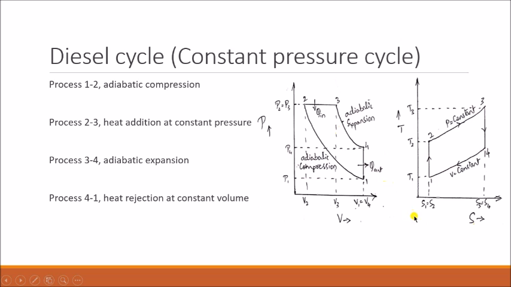Here whatever your air was, it has attained the initial condition. The condition the air had in the beginning, that same condition has been attained here. So again the same air is used to repeat the cycle. All the four processes are completed, and again the same air is used again and again to repeat the cycle. So this is the diesel cycle.